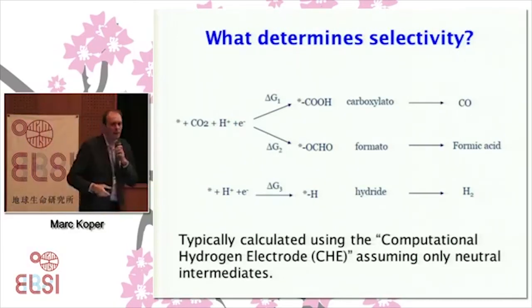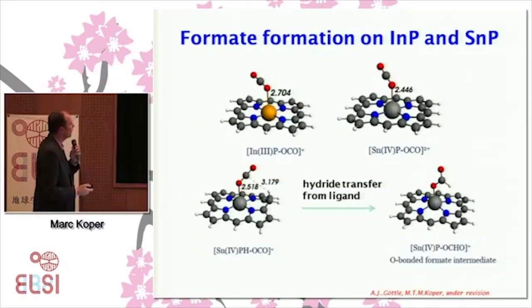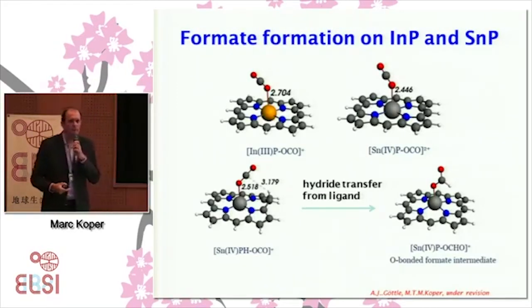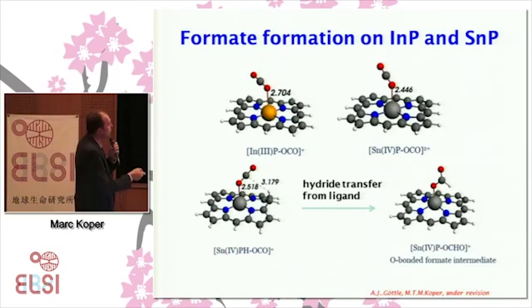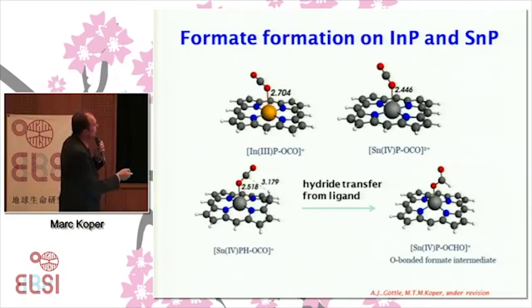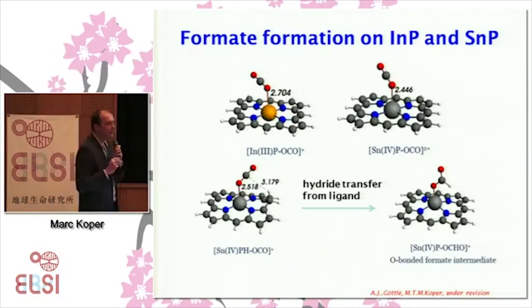Now, this did not allow us to explain our data on the different porphyrins, and so we came up with a different mechanism. We actually found that if we do this on indium or tin, CO2 does not want to bind to the metal center. And we also find that we do not reduce the metal center of indium and tin porphyrins. What we reduce is the ligand. And we generate a hydride on the ligand. We generate an H- on the ligand, and this H- attacks the carbon of the CO2,